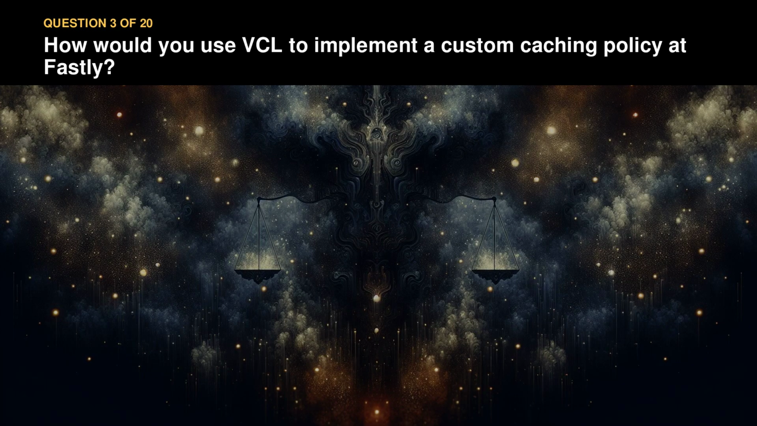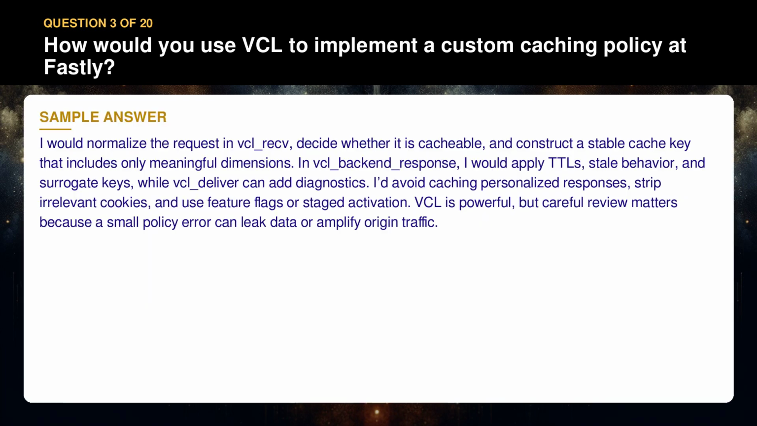Question 3. How would you use VCL to implement a custom caching policy at Fastly? I would normalize the request in VCL RECV, decide whether it is cacheable, and construct a stable cache key that includes only meaningful dimensions. In VCL backend response, I would apply TTLs, stale behavior, and surrogate keys, while VCL deliver